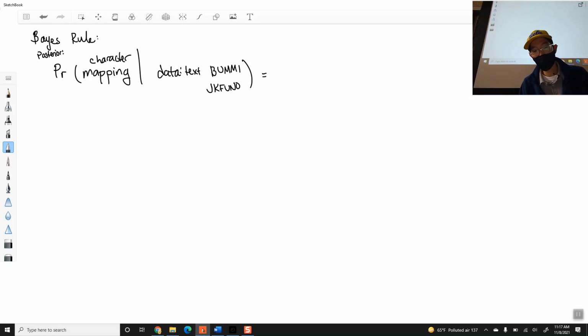So using Bayes' rule, this is going to be the probability of our text given the character mapping, times the prior probability